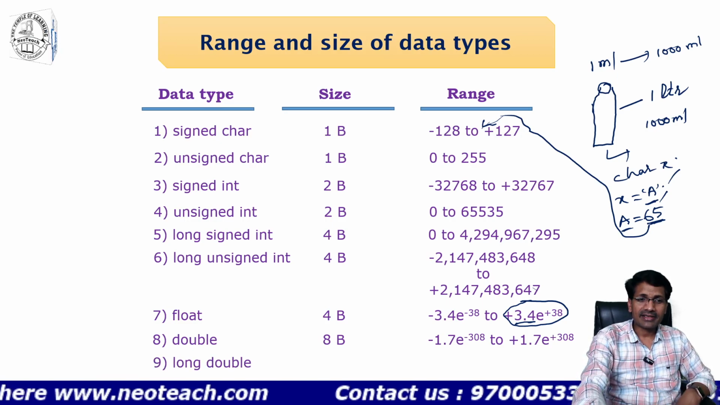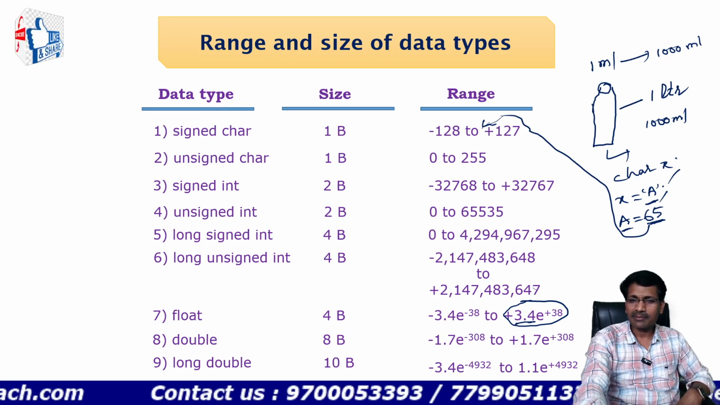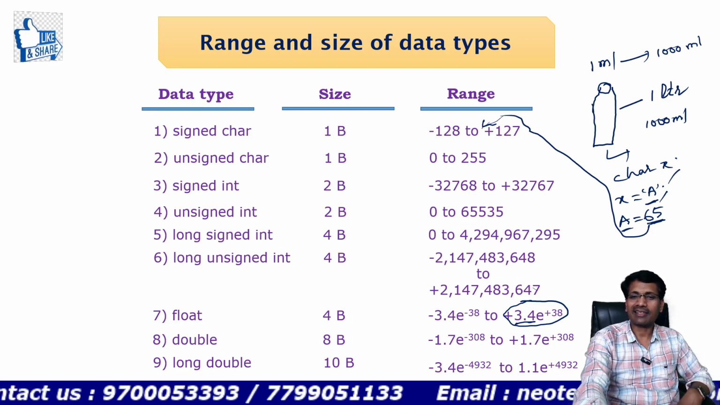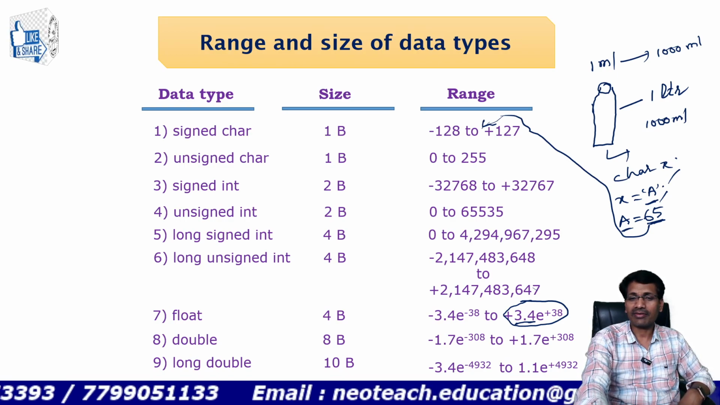And next, long double is also there, 10 bytes, and its value ranges from minus 3.4 e to the power of minus 4932 to 1.4 e to the power of